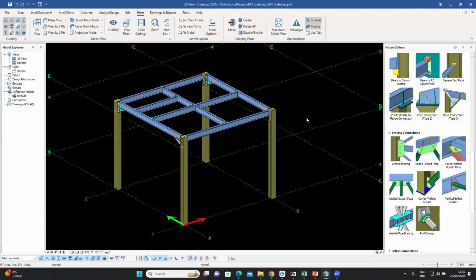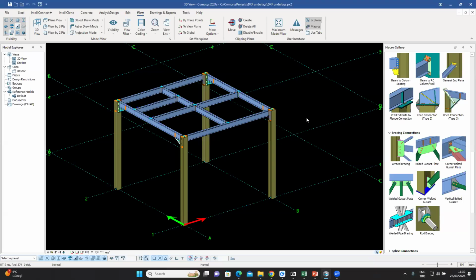The reason why it's important, despite being not so exotic, is because AutoCAD files are very common, and most of the data we get as engineers comes in the form of AutoCAD files. So we need to be able to use them and create our model around those AutoCAD files. We'll be talking about both the modeling side as well as the drawing side, and we'll start with the modeling side. And the first question is, how can I import my DXF underlay onto my model, which I can then use